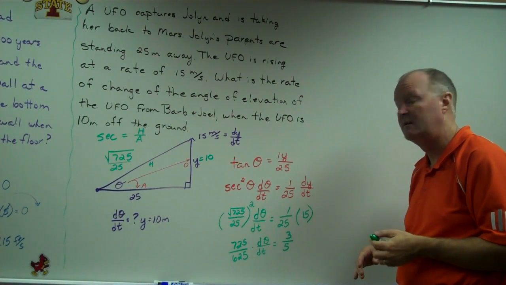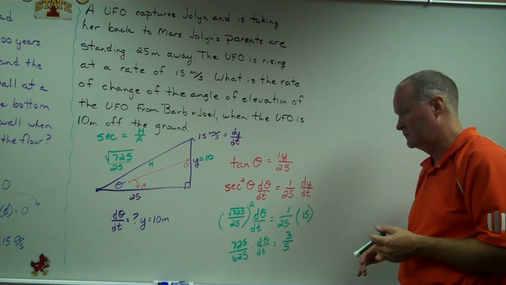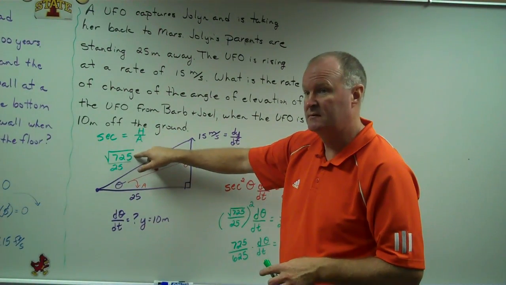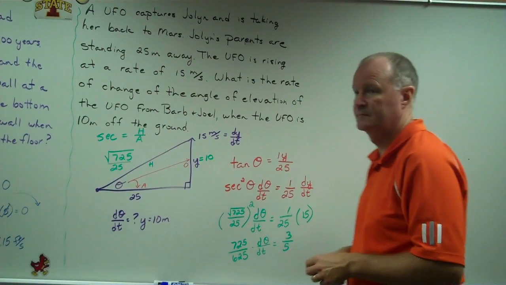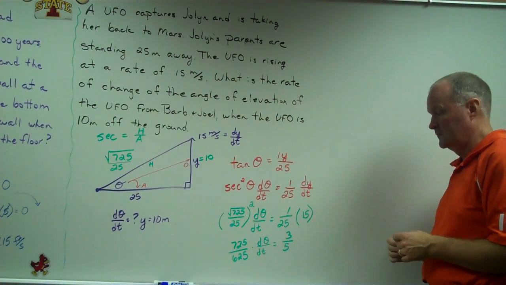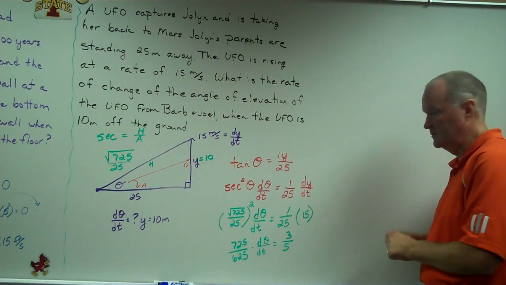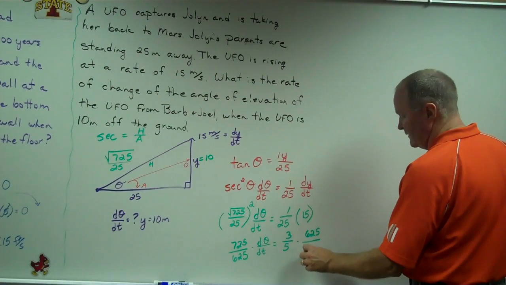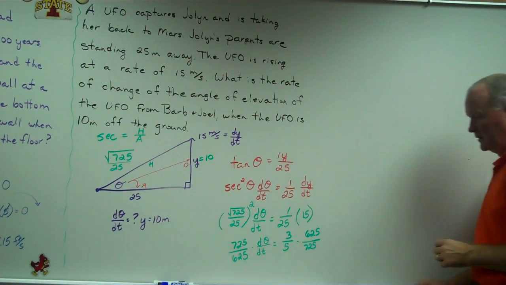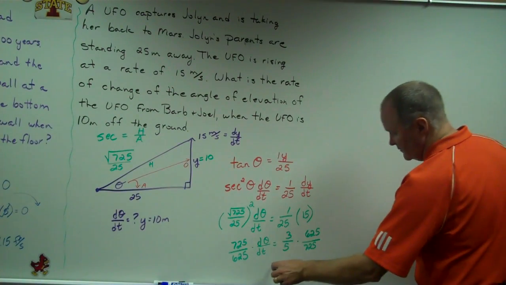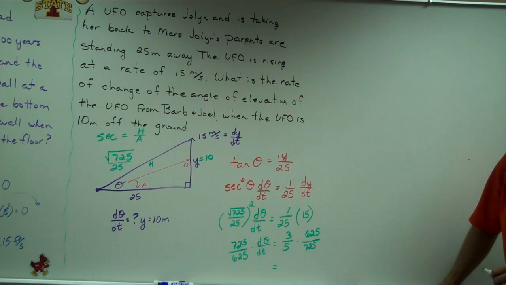Why is it square root of 725 over 25? The hypotenuse is the square root of 725. See, the adjacent is 25. Then if I do some switching around, this is 625, that's 725. Lots of different things could happen here. I'm going to do the math on the calculator. Probably 275 and something, but